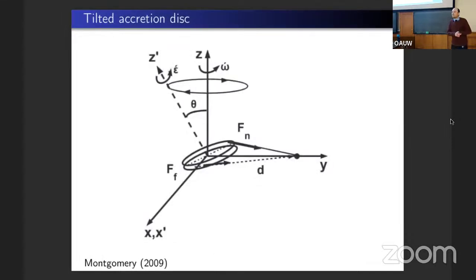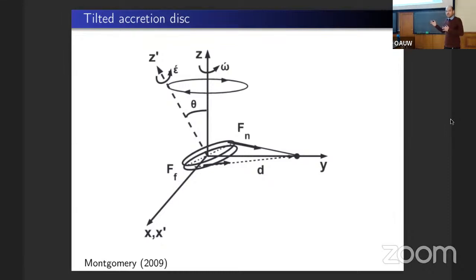And the most prevalent theoretical explanation of the superorbital variability is that the accretion disk is tilted, so it's not in the orbital plane of the binary. And the superorbital period is actually the period of the precession of the accretion disk. That's why it looks sinusoidal and it's much longer than the orbital period. So this is the most prevalent theory at the moment, but there is no definite proof of it. And that's what I wanted to prove with this object, that the accretion disk is tilted.